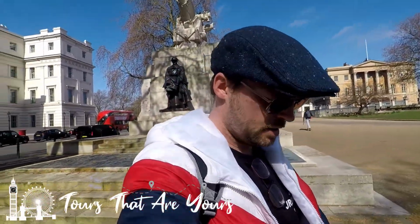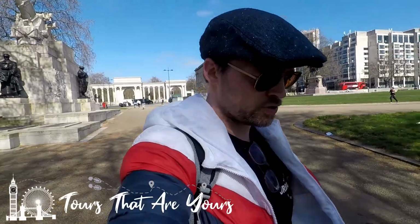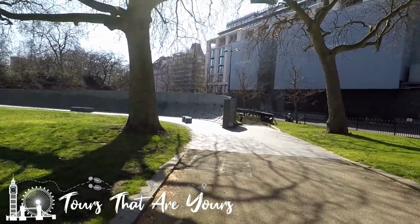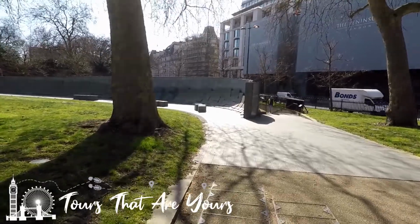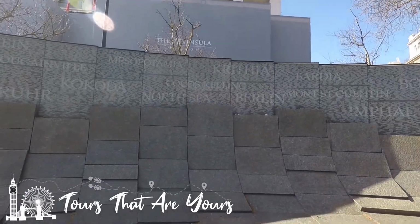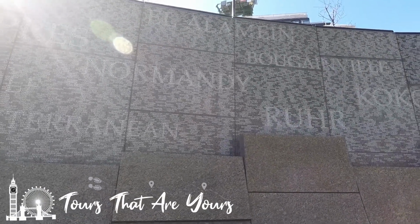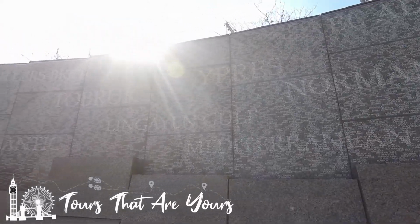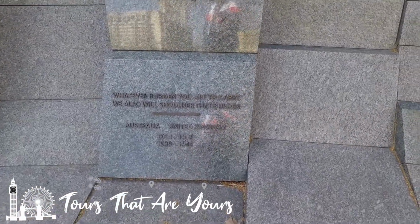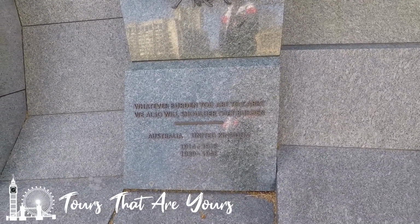Alright, we're moving on down to another memorial just over here. And this is the Australia Memorial. It's made of green granite from Western Australia. Let's have a little look. Whatever burden you are to carry, we also will shoulder that burden. Australia, United Kingdom, 1914, 1918, 1939,